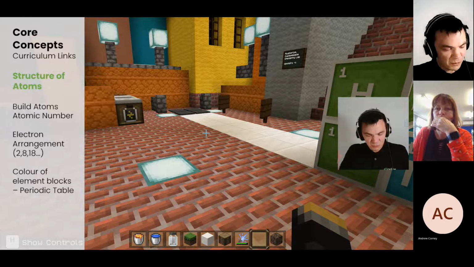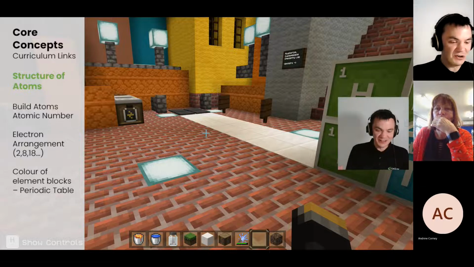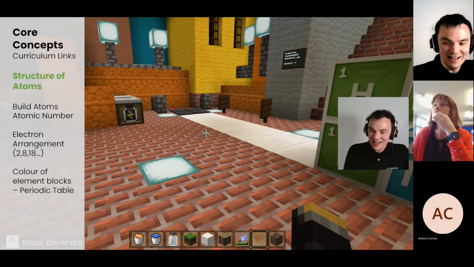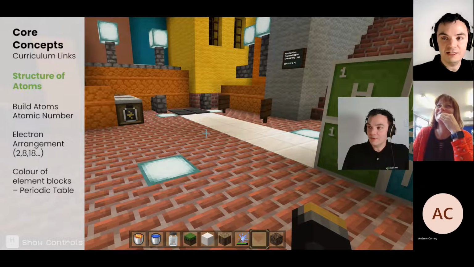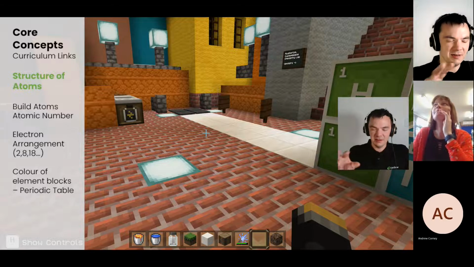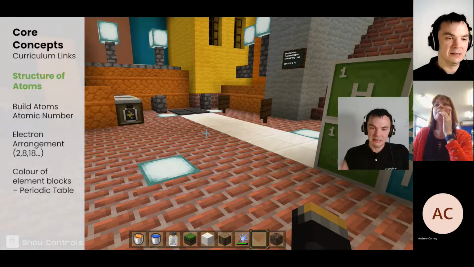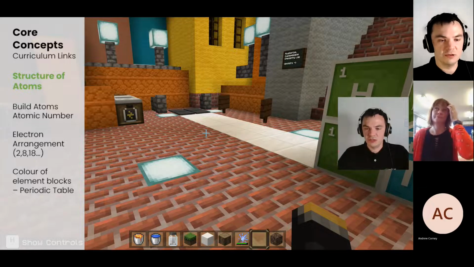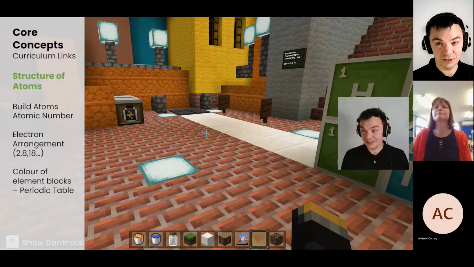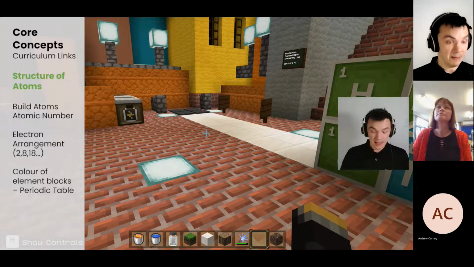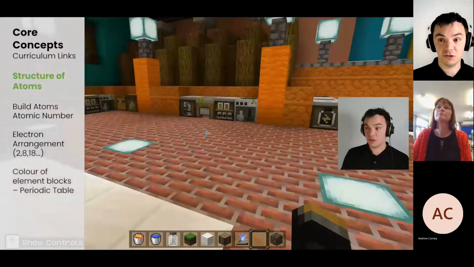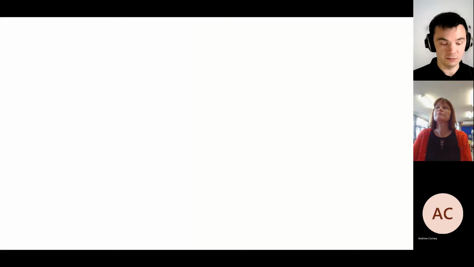So we were building atoms. Robin, the technology teacher, was learning about atomic numbers and atomic masses. That's the big numbers and the little numbers. We cover electron arrangement, so it arranges those electrons for you. I've just put a reminder there that it uses 2, 8, 18. It's kind of shells rather than the 2, 8, 8, 2 that is often used at that level of school in here. And finally, it starts to talk about,